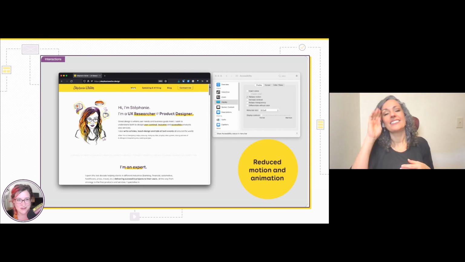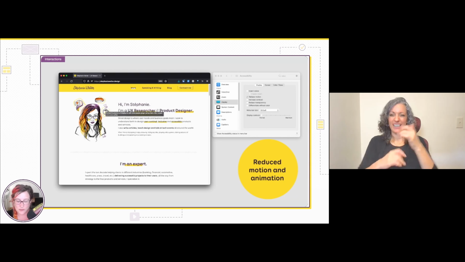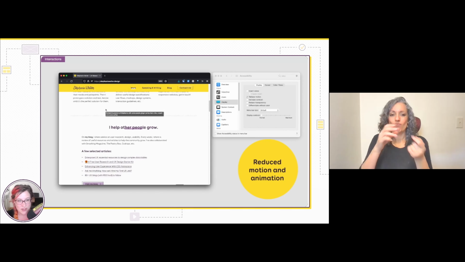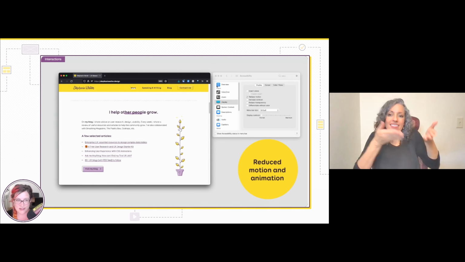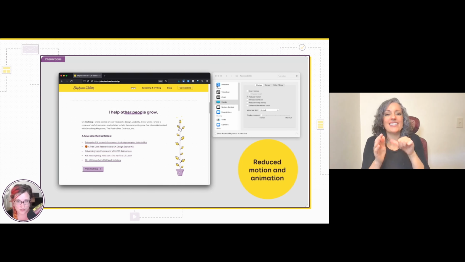So now if I test the motion sickness version, the prefers reduced motion, I completely remove the animation of the floating things. And then for the little plant, instead of having it grow up, I just have this smooth and sleek little fade-in animation that is supposed to be less triggering than actually the plant growing.